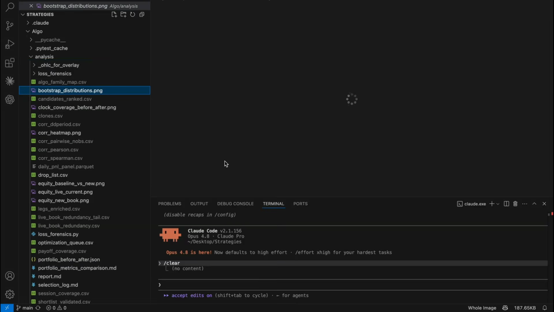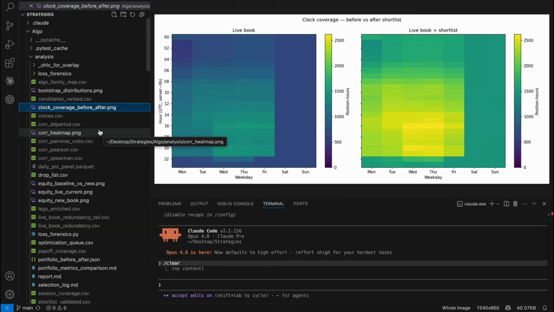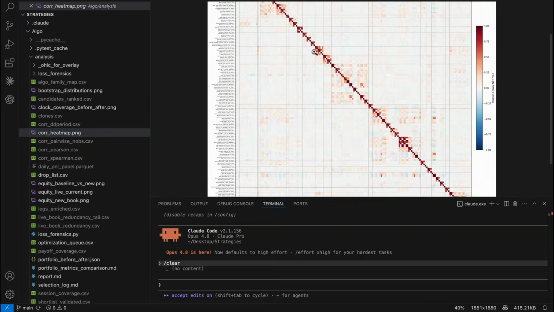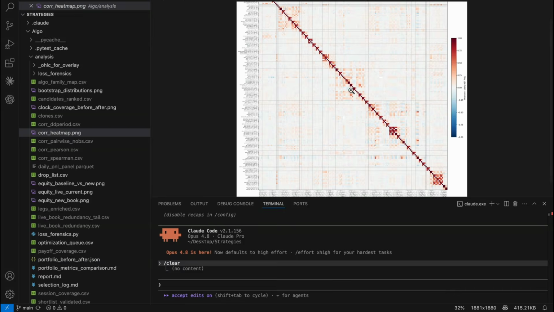It took all of my trading algorithms that I'm trading live right now and compared the outputs of all of them together, so the trades report, basically, and then it built different types of analysis. Like this is the correlation heat map, okay? You see here an insane amount of strategies because it's dividing all of them into long and short trades. Then this is the correlation. It's very dark in the middle because it's matching with the same strategy.